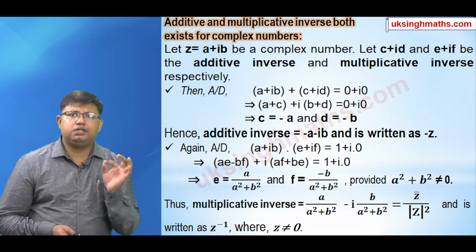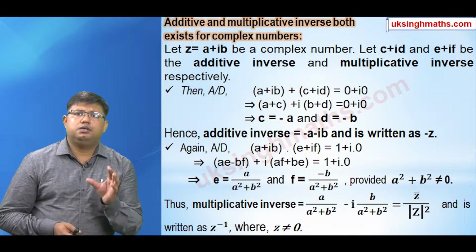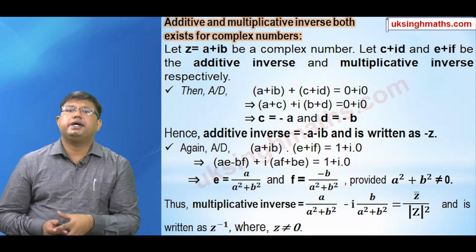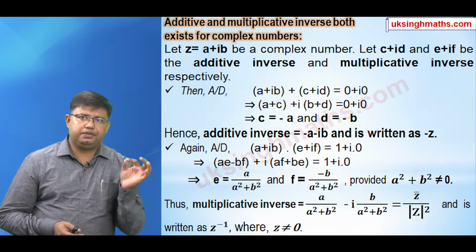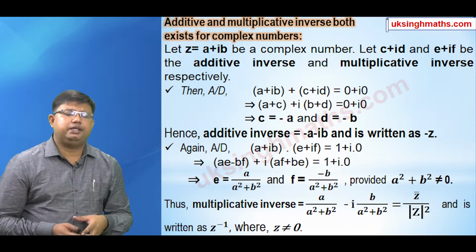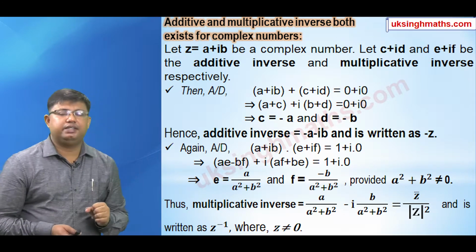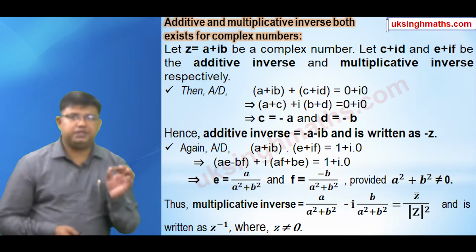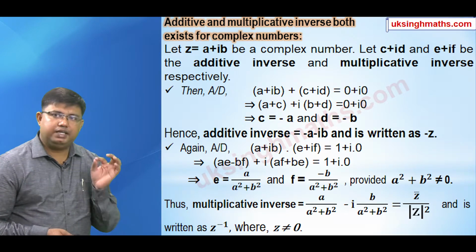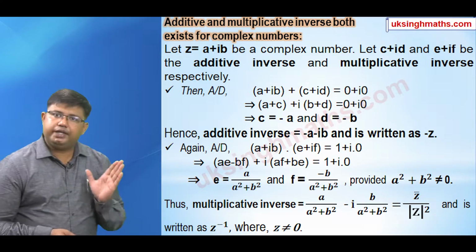Now according to the basic concept of multiplicative inverse, when you operate the multiplicative inverse with the number, the result is the multiplicative identity. Here e plus if is the multiplicative inverse for the complex number a plus ib. So when you multiply a plus ib into e plus if, the result is the multiplicative identity, that is 1 plus i into 0. And by solving this equation, you will have e equal to a by a square plus b square and f equal to minus b by a square plus b square,